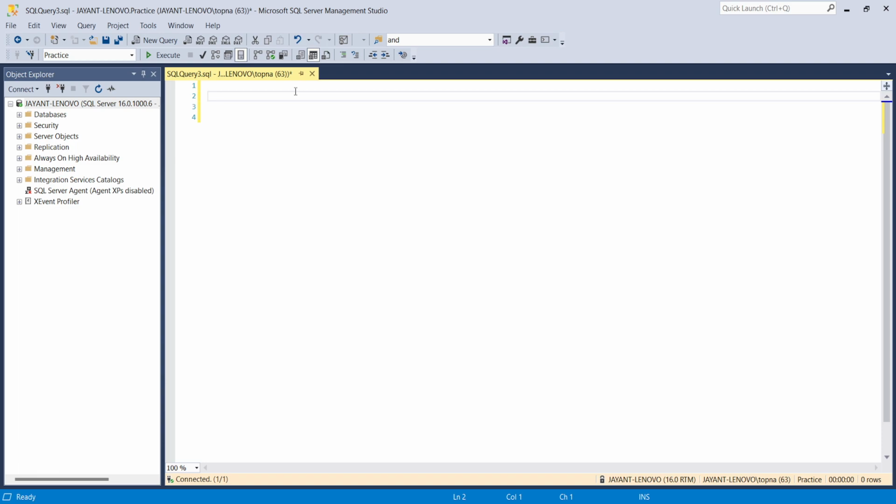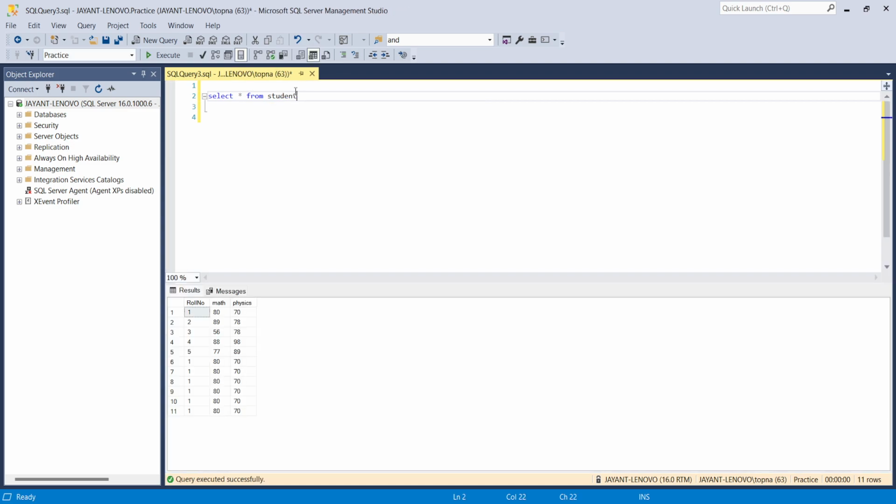First of all, the table that we are going to use is named student. First, I will simply execute a simple select statement to see what all the records and columns are in that particular table. So select all from student and Control E. You can see that here we have a total of 11 records, and let's order